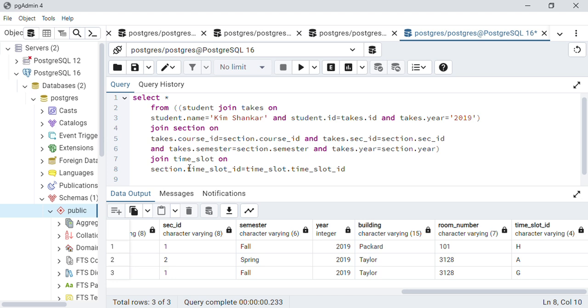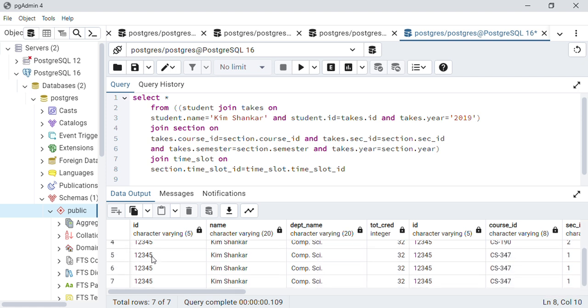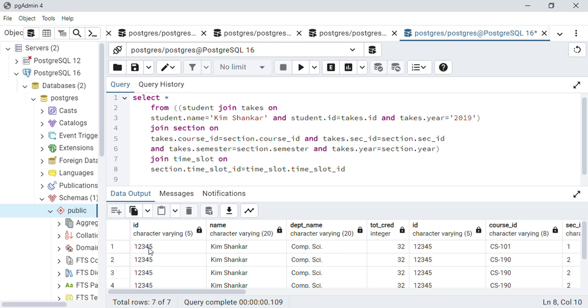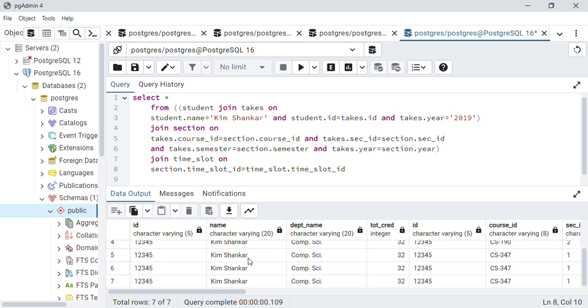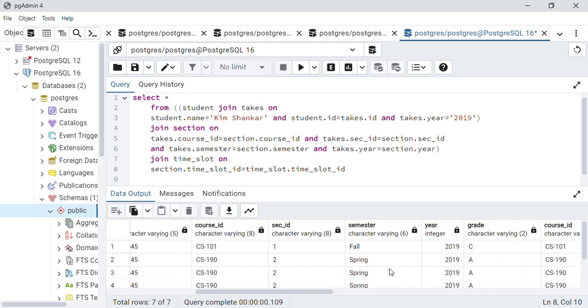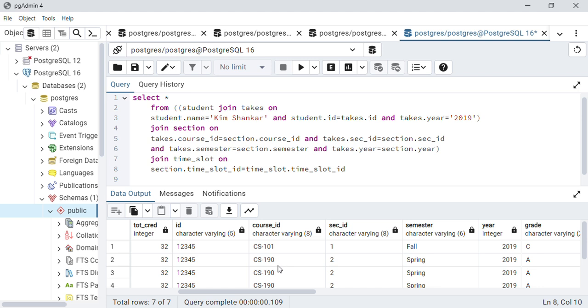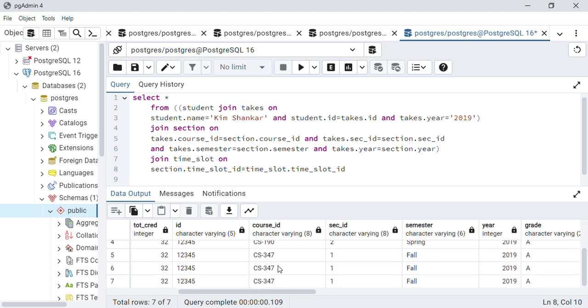Join time slot on section.time_slot_id equals time_slot.time_slot_id. So when we run that, we get, for the student table, student ID 12345, name Kim Shankar, department name Computing Science, total credit 32. And for the takes table, we have student ID 12345, course ID CS101, CS190, CS347, section ID